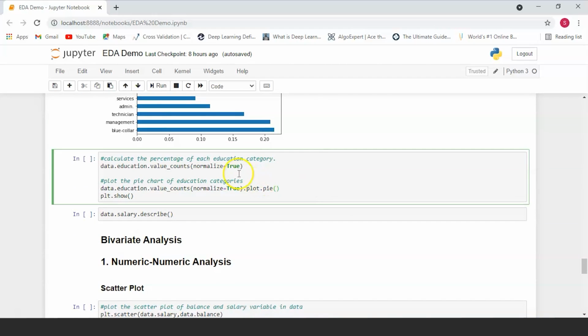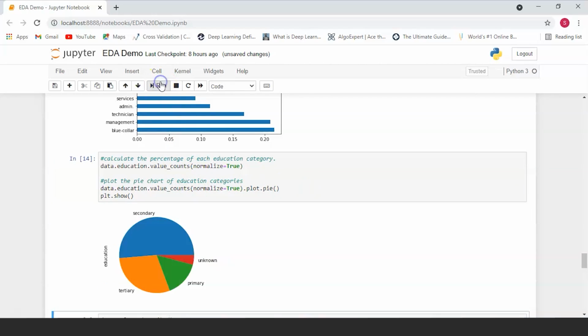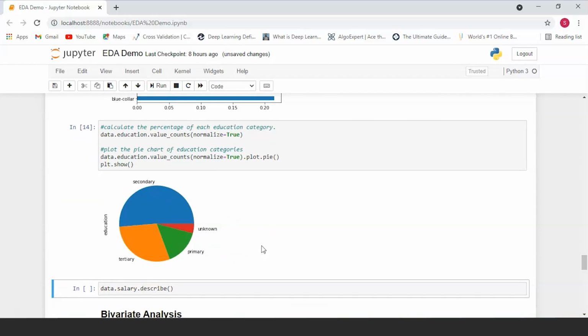But the next column that we're going to be looking at is the education column. So again, let's do the same thing. Let's just take a look at the different types of educations that people have by counting individual occurrences of unique values in our column data set and normalizing it so that it's easier to see all the data and so that we have our data scaled with respect to each other. And over here, we're going to be representing it in the form of a pie chart.